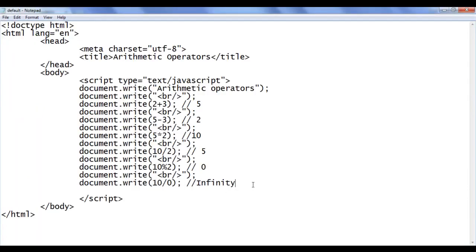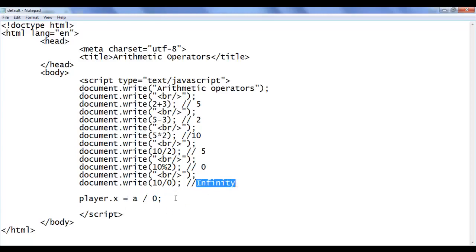Let me tell you. If you are creating a game, for example, you have written an expression like player.x position should be equal to A divided by B minus C semicolon. You don't know whether the denominator goes to 0 or not. At any time this denominator yields 0, anything divided by 0 is going to be infinity.